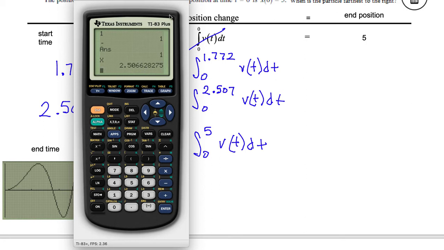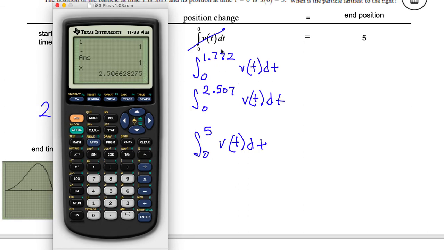And then if I came back up here, let's just calculate this integral, since I forgot to store 1.772. I don't need to though. If I wanted to do a second calculate 7 between 0 and 2.507, instead of typing in 2.507, I could actually clear that and hit alpha x, and that's exactly 2.507. It looks weird, right? X is equal to x. But you could do that, and it would be